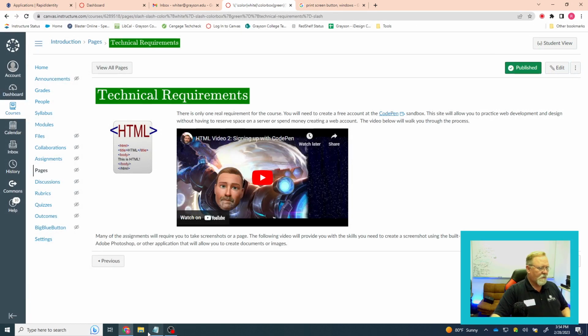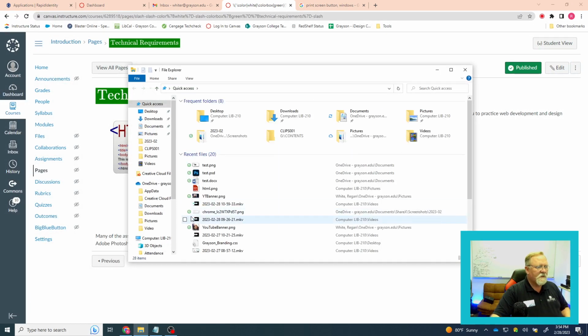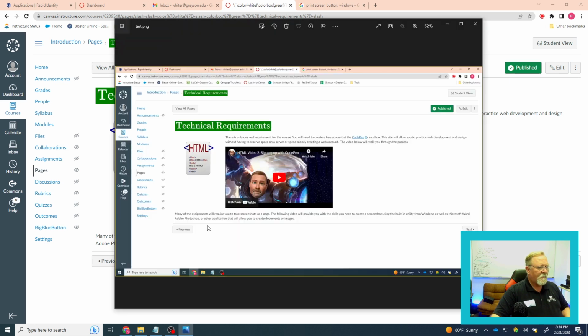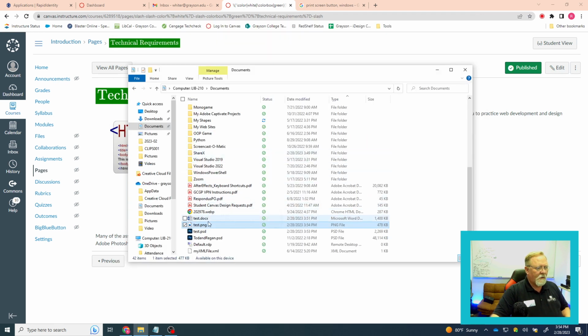Now, let's go into my documents again. And sure enough, there's test.png. Open that up, and there it is. This is the file then that you would upload. So you can either upload a Word document or you can upload a PNG, a picture document. You could save this as a JPEG if you wanted to. Doesn't really matter. What matters is you've got the document or you've got the picture, and you can upload it